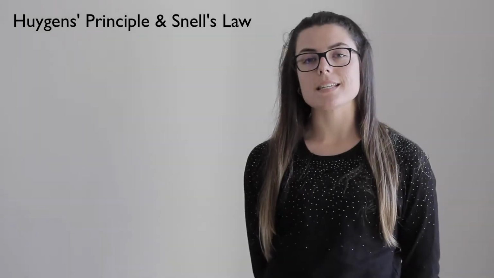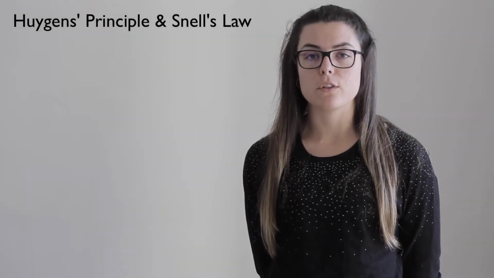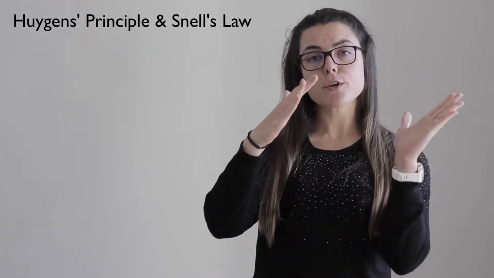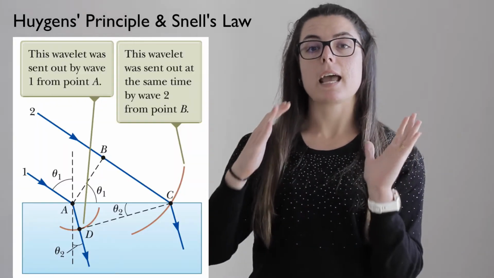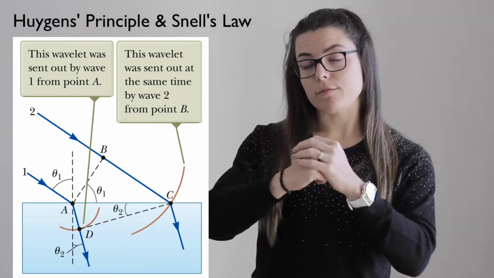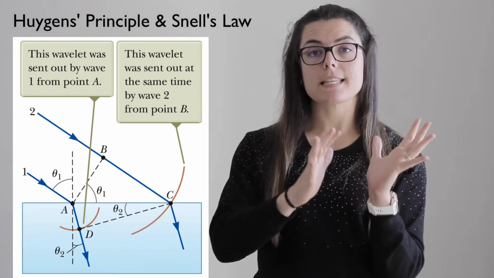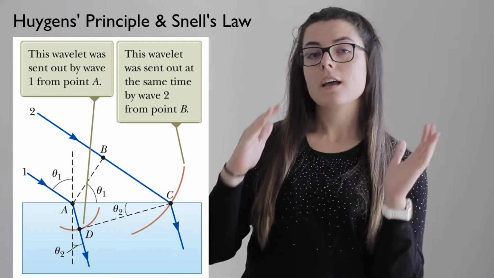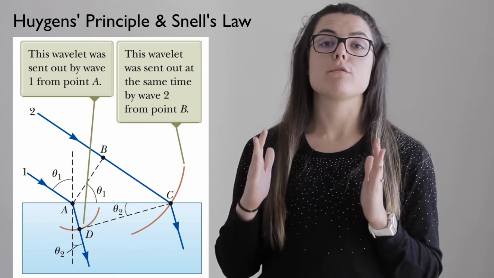So let's use Huygens and his principle to derive Snell's law for refraction. Remember, with Huygens' principle, we have two rays of light coming in at an angle. You might remember how we looked at reflection. We had two rays of light, same thing here. But instead of the light reflecting from the surface, the two rays of light are going to refract in